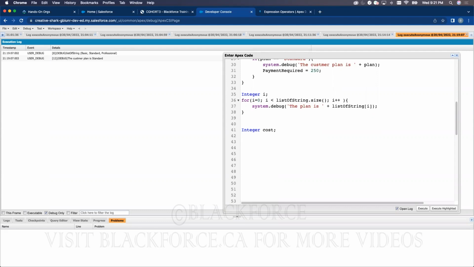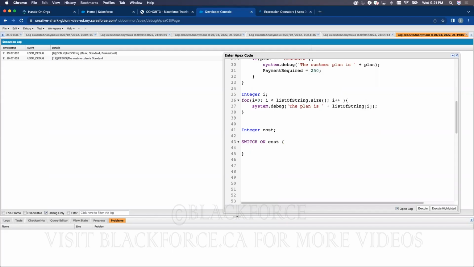Then I have a switch statement on cost. Okay, I have a switch statement on cost, and I'm saying on that switch statement, I want to manipulate